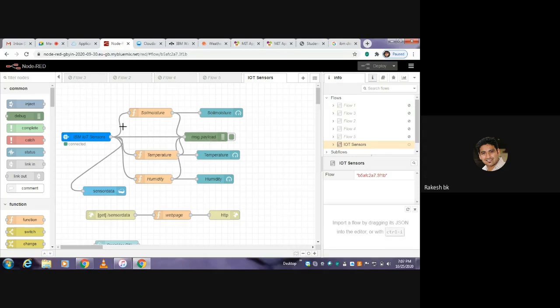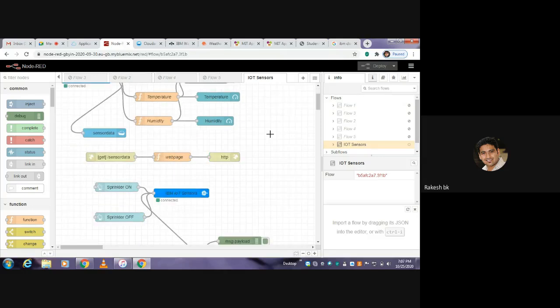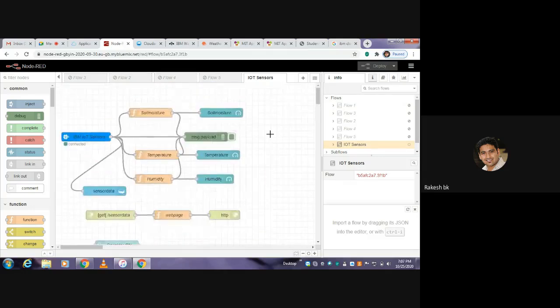So I can make use of this flow, and I can develop a very simple flow for observing the data, retrieving the data from the cloud end to display on the web user interface or onto the mobile user interface. It's a backend kind of development. So this Node-RED flow editor is very importantly required for ensuring all the data are observed and displayed onto the web user interface without having any errors. To do that, first of all, I'll just click onto the IBM IoT sensor service. I want to get it.